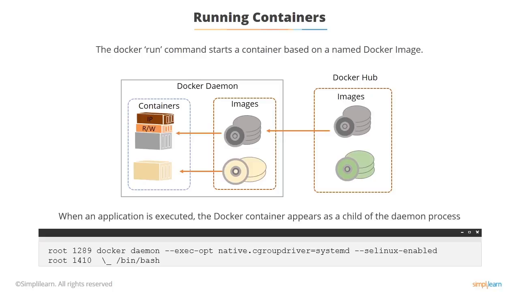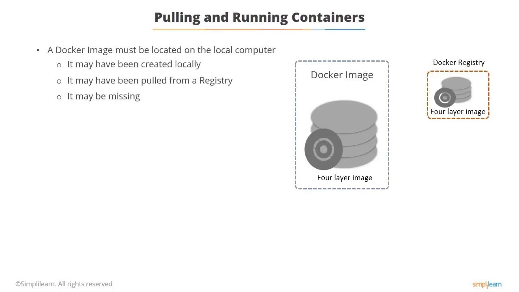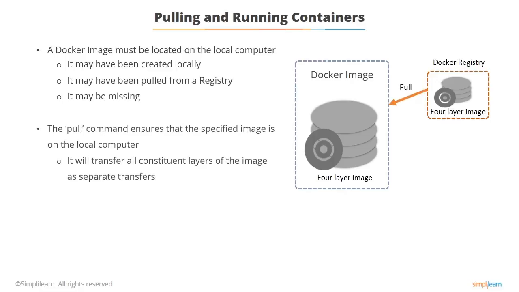So to run an image, it has to be on the computer, and so Docker has its own little collection of images, and if it hasn't got one, it'll either need to be created locally or pulled from a registry. And the pull just simply does a transfer of all the layers and puts them together into a cache, and then you run them to get the containers. So this is the example that's shown there.